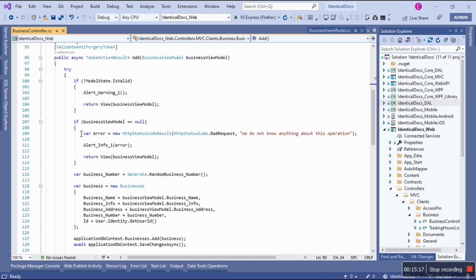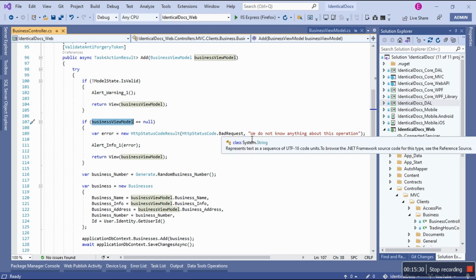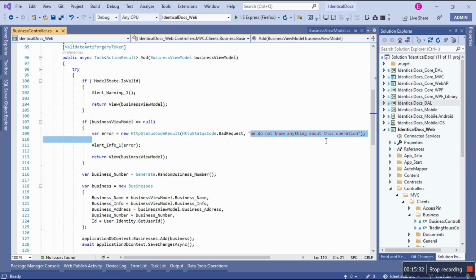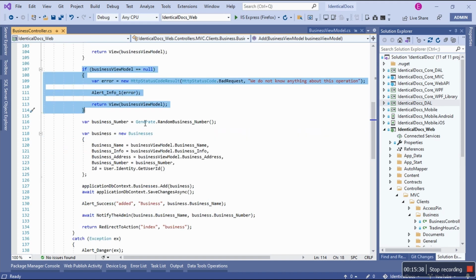Okay, now when you add, first check the model state, if it's not valid, then just show the appropriate warning message. And then we're going to check if the business view model is null, and then we're just going to show an error message to say we do not know anything about this operation. It's very important to check this. Okay, and then what we're going to do is use this custom class